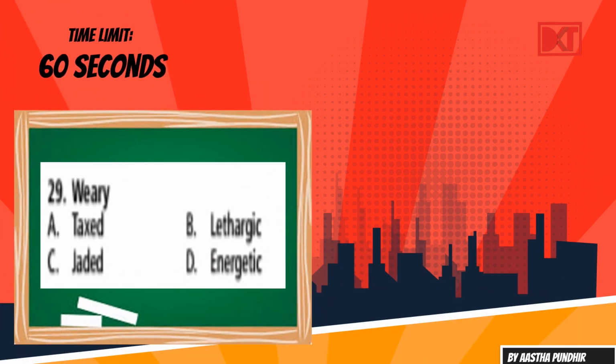Alright, now the next word is weary. Here the options are taxed, lethargic, jaded, or energetic. Now, weary refers to someone who's tired, okay, and sort of stressed out. That's weary. So the antonym is